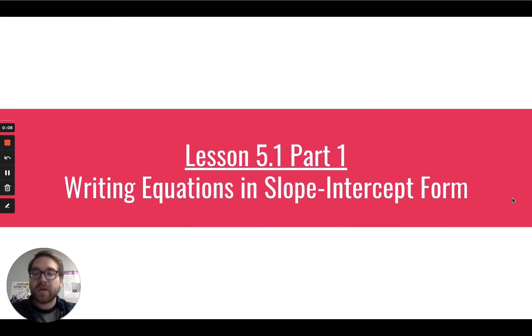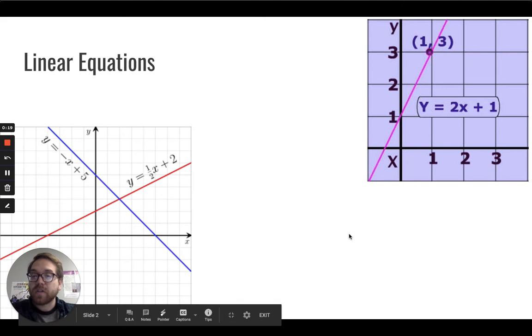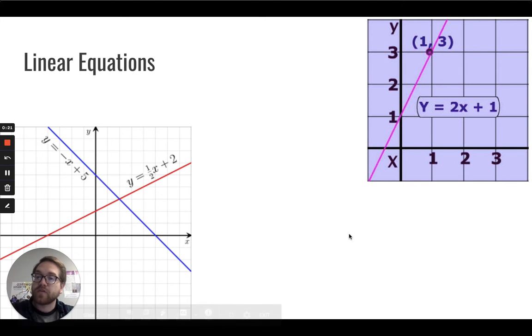Alright, so this is the first part of lesson 5.1, where we'll be writing equations in slope-intercept form. If you remember, in this unit we're talking about linear equations, and remember those are equations that when graphed form a straight line, like you see here in these two images. What we're trying to do in this lesson is start to learn how do we write these equations